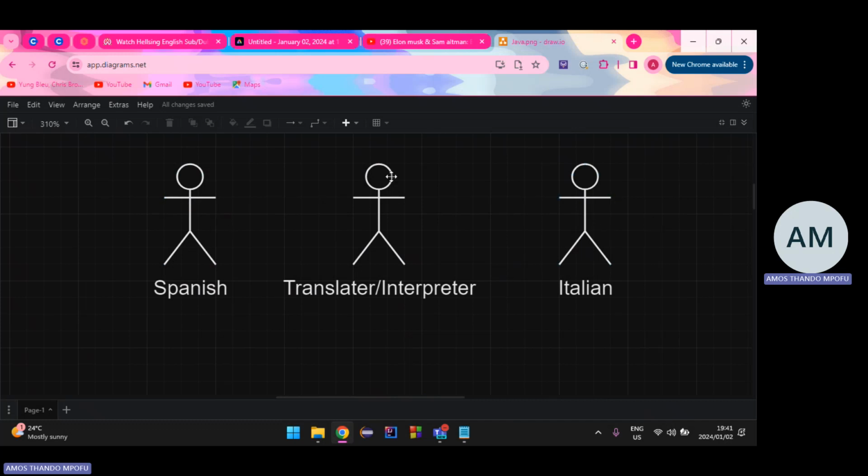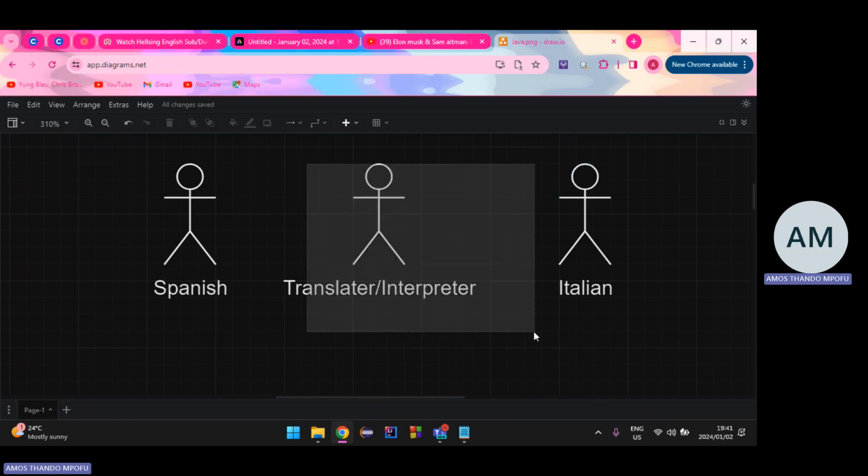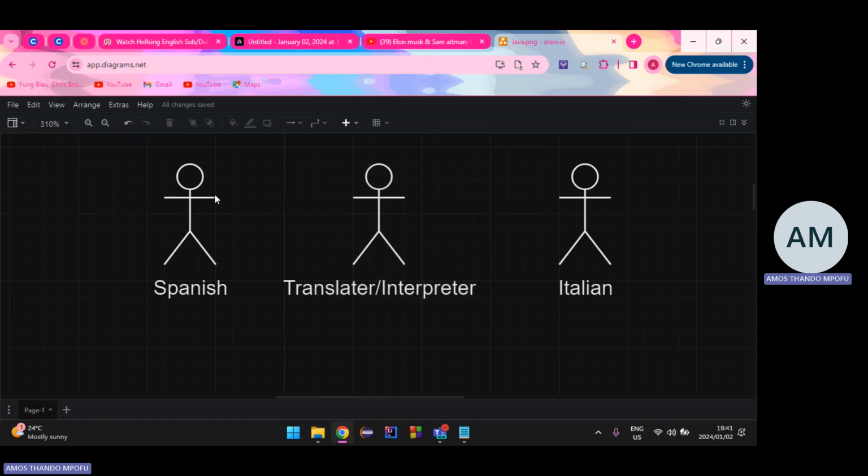So he needs to know both languages. This is the middleman. This is the interpreter. So this guy sends a message, this guy translates it to Italian and then sends it in Italian to this guy. So in a nutshell, this is what usually happens, right? We speak different languages, right?